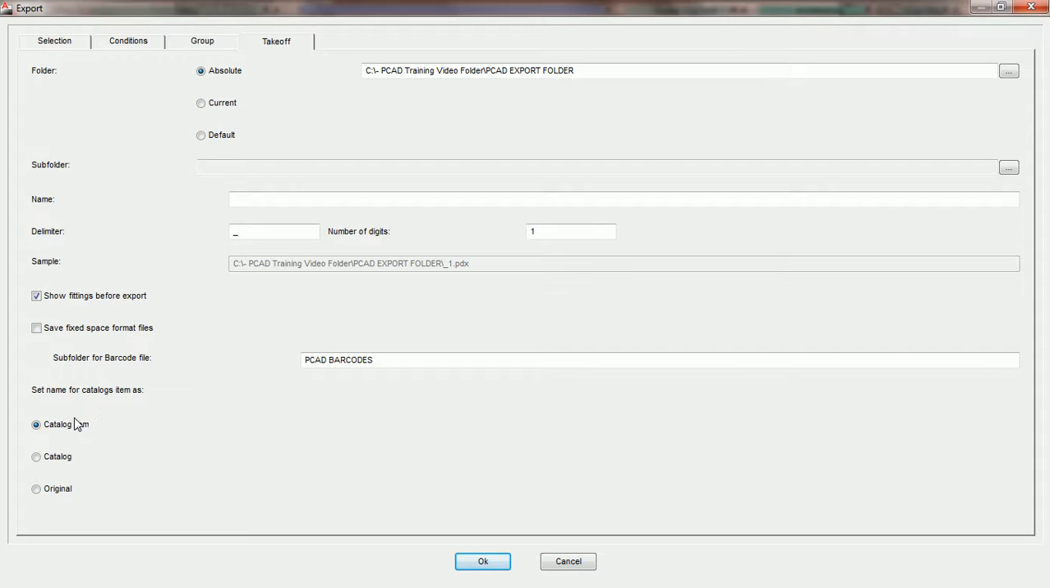The last option we have in the Takeoff tab is the ability to set the name for catalog items as one of the following. There are three choices currently: catalog item, catalog, and original. Catalog item means that if we took an original Practicad fitting, cataloged it, and created a variety of this fitting inside a specific catalog. For example, if we had taken a squared around and created a high efficiency takeoff catalog